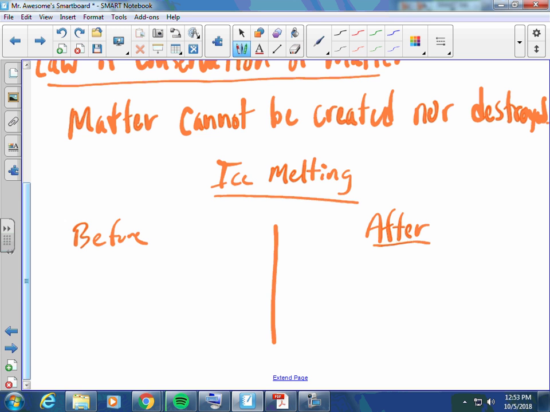So I kind of would do outlines of it. So maybe an ice cube like this. All right. And now, granted, I'm working with something here that I can do erasing and stuff like that. Otherwise, I might do pencil. And then the after, maybe I even draw a container around it or something. Okay. And then the after, I'm going to do